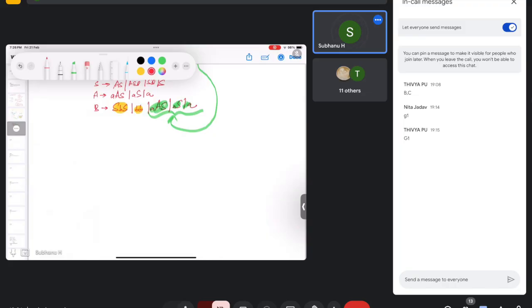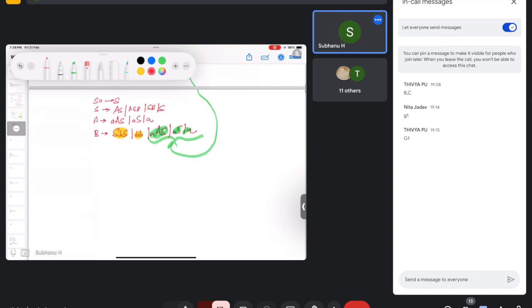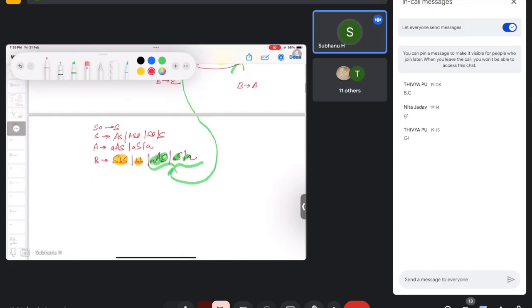So this is the situation. And now, what happened? Now, also the removal of this unit production S0 to S from the grammar. If I remove this, it will give me